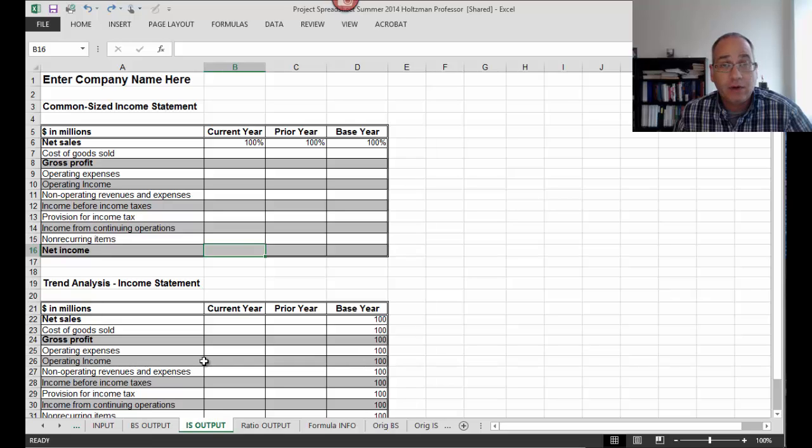When you're submitting this, please submit it online. And if you also want to submit printed materials, a printout of your spreadsheet, and also a copy of the audited financial statements as it explains in the instructions. And that should all be done